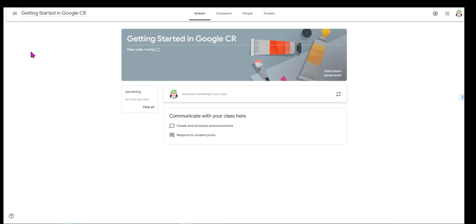Take a look at your own Google Classroom. Do some exploring, some experimenting, click on some things, see what you think. You can't break